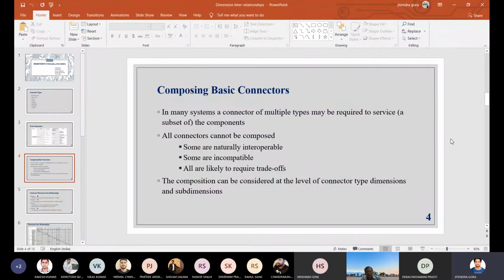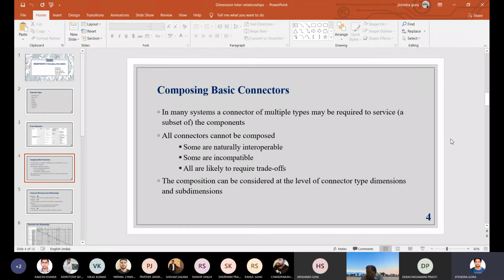In some scenarios, we need basic connectors only, like those 8 connectors. But in some architectures, we need composite connectors that will consist of 2 or more simple type connectors. All of the connectors might not be compatible to be composed, so only a few connectors will be compatible.